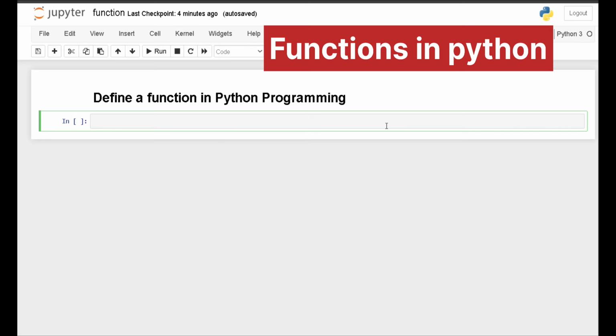So in this video we will discuss how functions are defined in the Python programming language. In Python, for defining a particular function we generally use the def keyword. Then what is that def keyword? The def keyword shows that we are defining a particular function, and it is a user defined